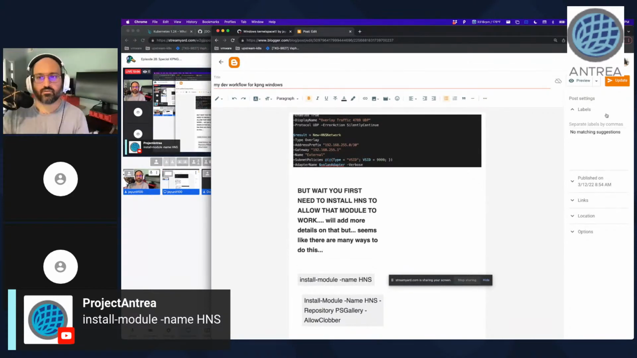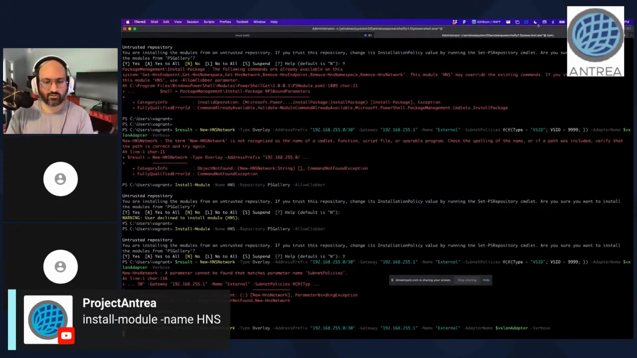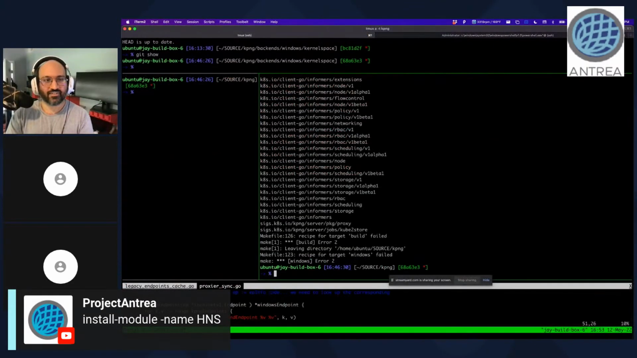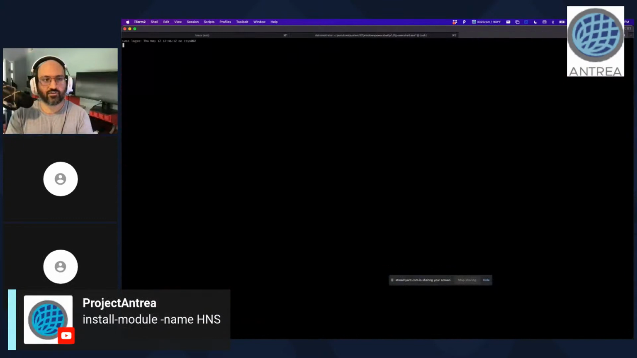In any case, this isn't critical to what I was going to show you anyways, because I was going to show you how to run KPNG, right? So this is Windows stuff. I'm sure you all can figure it out. So now let's go here, cd source, sig-windows-dev-tools, and let's now vagrant ssh control plane. Okay. So now I'm in the control plane,